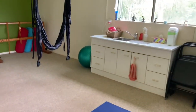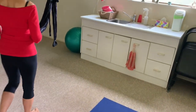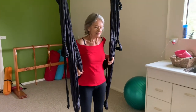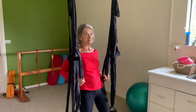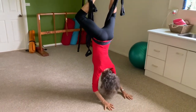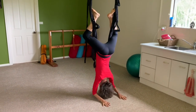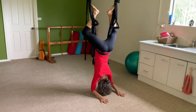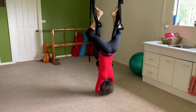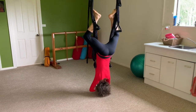There's some more unusual props here, and one of them is this yoga swing. I'm going to demonstrate it to you because it's actually kind of fun to do an inversion like this. And be able to hang upside down without having any pressure on the back or on the crown of your head. I might fold my arms and hang like a fruit bat. I would like to stay here for 5 or 10 minutes, but I won't. I'm going to come down